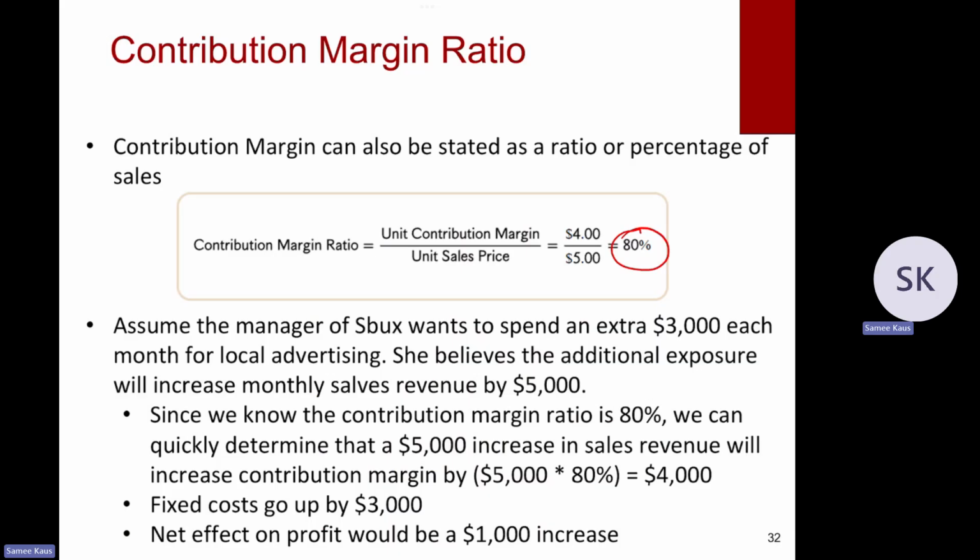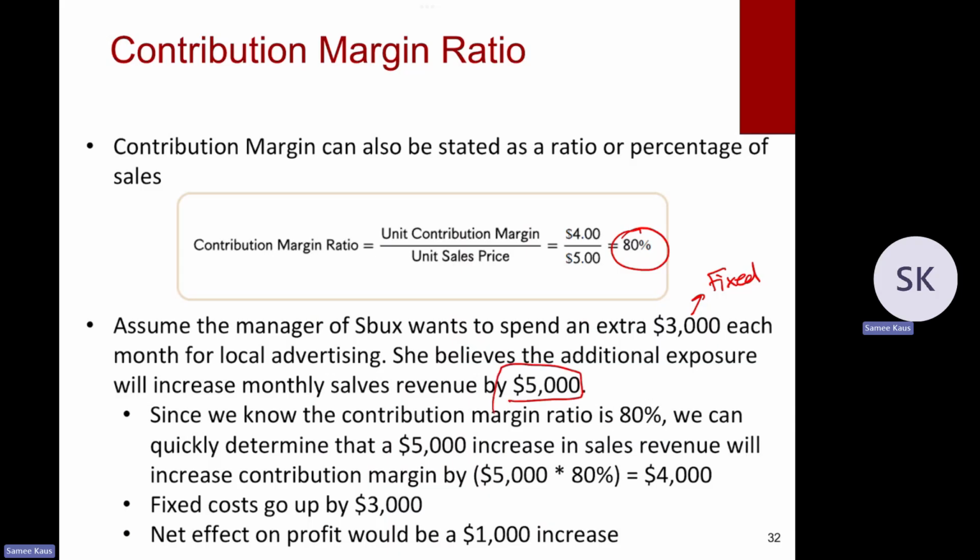I'm going to stop right there and ask, what kind of cost is that? Well, that's going to be a fixed cost. So I want to spend an additional $3,000 fixed cost a month for local advertising. I think that if I spend $3,000 in fixed cost, I'm going to increase my monthly sales revenue by